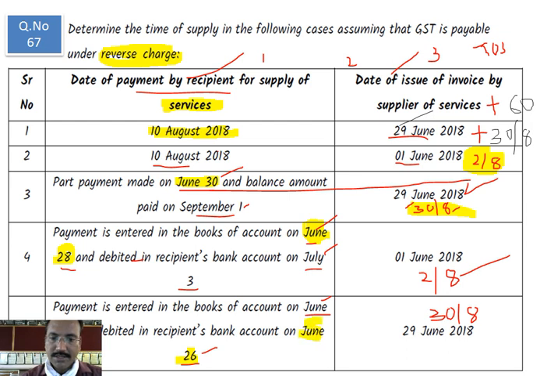So I will repeat once again. You make the 4 columns. Already we have the 2 columns here. The serial number, leave that one. Date of payment and date of issue of invoice are actually given in the problem. Third column you have to make date of issue of invoice plus 60 days. Here I have written in the note the numbers that you have to write. And last column is time of supply. The highlighted part is the time of supply. For that you write the question, answer, and send the answer table to me. Remember, you have to write the question, solve it, and send the table answer to me.